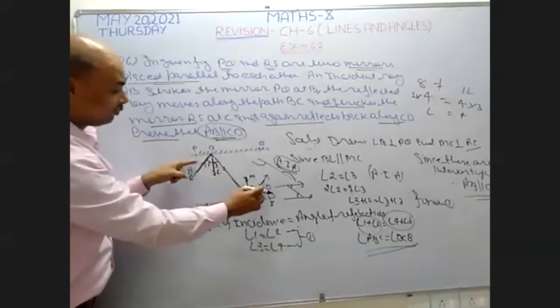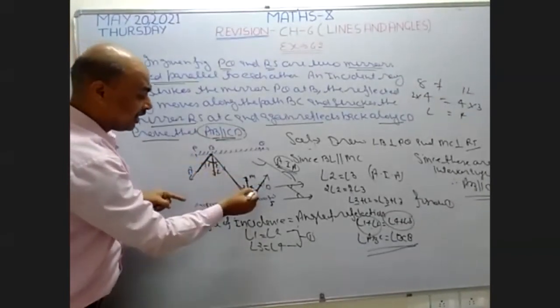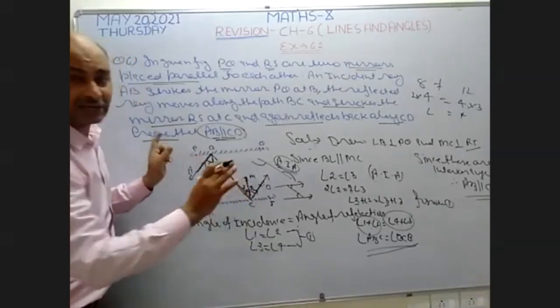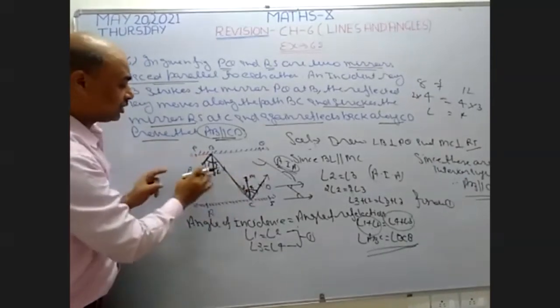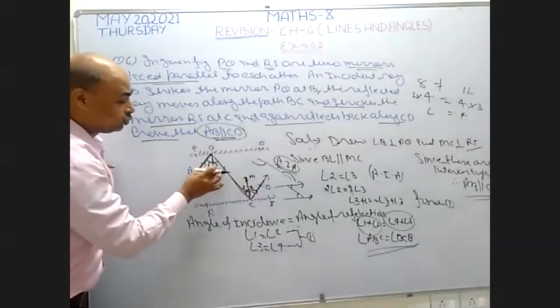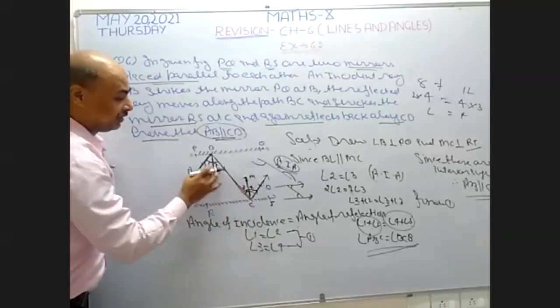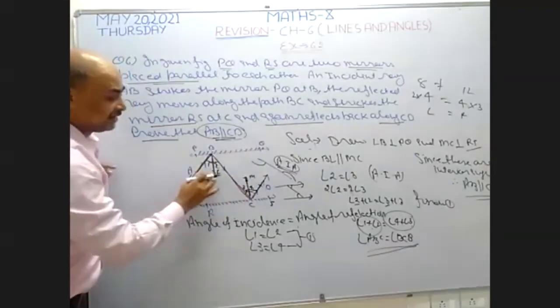This is the question. You have to prove these two lines parallel, beta. Yes, sir. This angle between them. If I prove the angles between them are equal, then that is the only possibility, and these two lines are parallel. If I prove these two angles are equal, then these two lines become parallel by alternate angles.